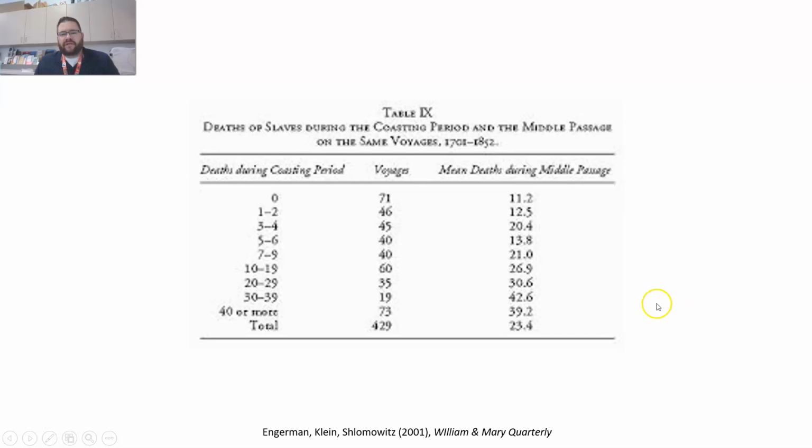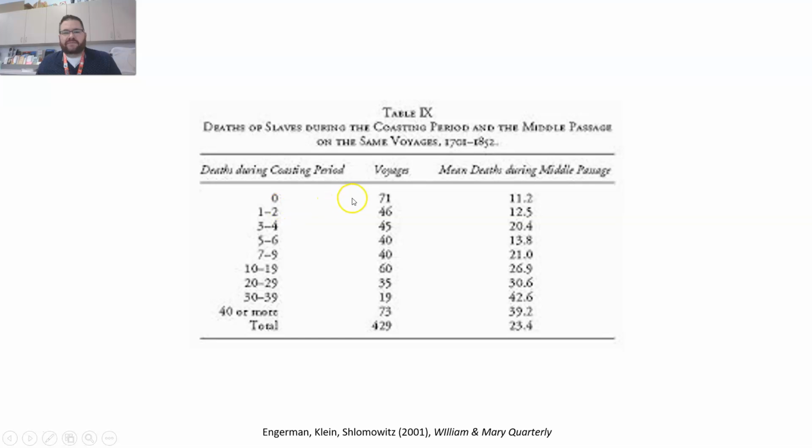So this table, I know that the resolution is not the best, but what this table shows us is the deaths of slaves during the coasting period and the Middle Passage on the same voyages from 1701 to 1852. So the coasting period was this time in which those slave ships would be at the port and having the slave capturers, the slave kidnappers,